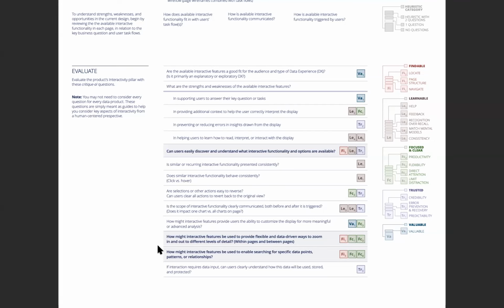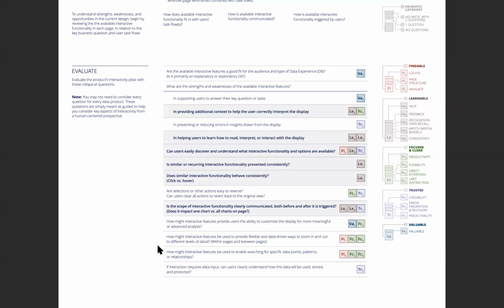And then, how easy is it to discover those available interactions? For this pillar, there are a lot of questions about learnability. I think interactions can really help a lot with learnability. It's really focused on making it easier for users to learn how to use interactive features, but also our interactive features helping users to understand how to read and understand the display itself.